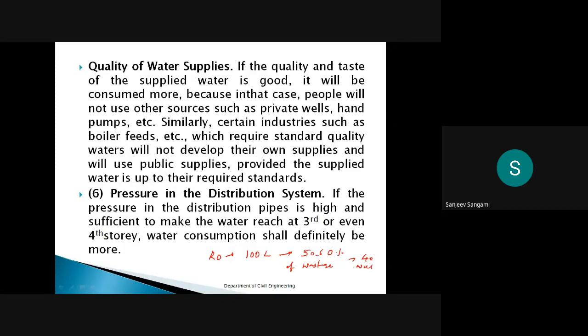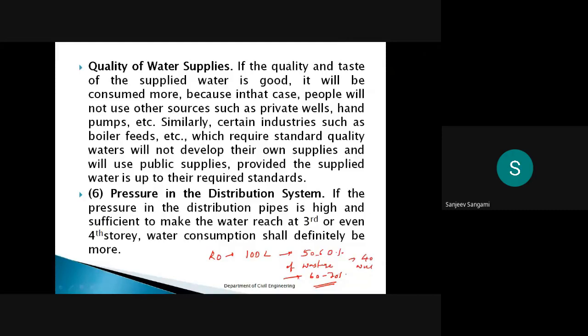This we will discuss wherever we have one separate topic called reverse osmosis systems. Why is this happening like this? Even in these RO systems, if the quality of the water is not good, this wastage percentage is going to increase to 60 to 70%. That we have to always keep in mind.